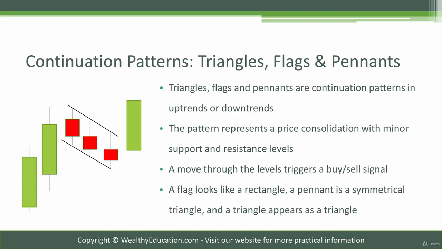If you'll remember, we talked about exponential moving averages and how we could use those as support levels to give us buy signals and sell signals in a trend. We can use triangles, flags, and pennants in the same way. So what we're looking for is the stock to pull back in a bull trend, and when the stock breaks the upper portion of the resistance within the triangle, flag, or pennant,